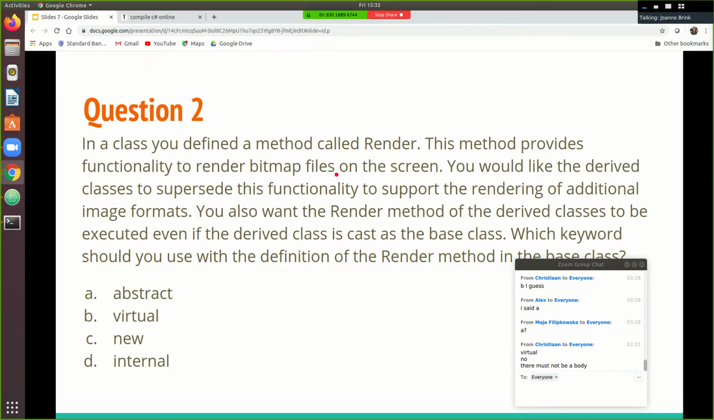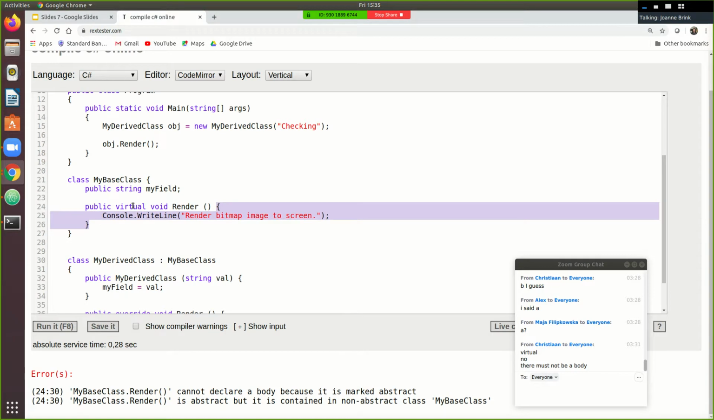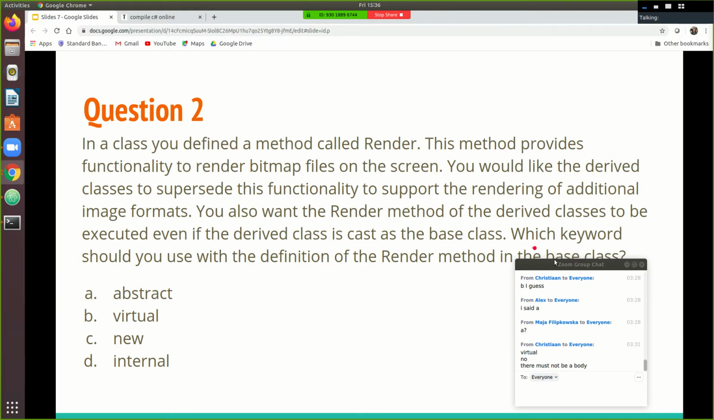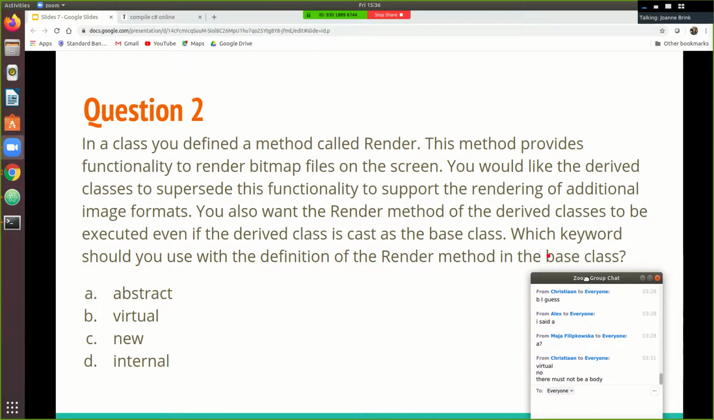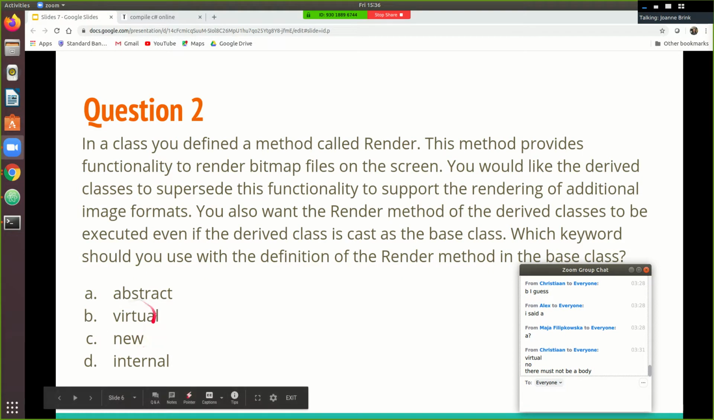As soon as you see that the render method provides functionality to render bitmap files on the screen, you know it can't be abstract, right? Because if it was abstract, then it would immediately break. We've seen that. If I try to make it abstract, it immediately breaks because it's not allowed to provide functionality if it's abstract. Okay, so we immediately know it's not abstract. Yeah, and then you can kind of eliminate the rest in that they're not being applied to the method